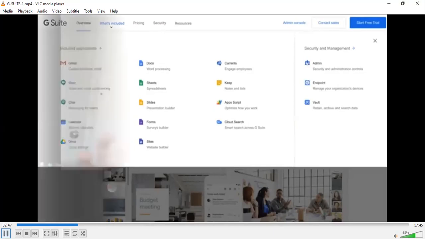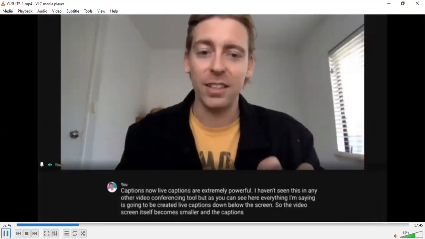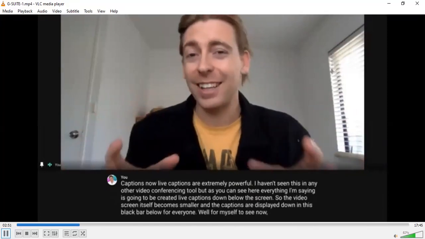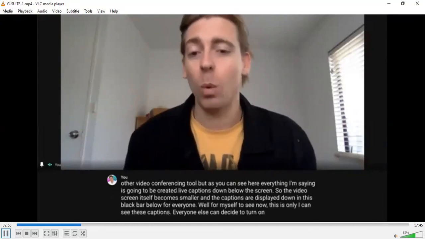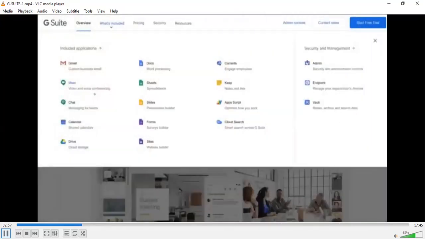Which is great for interacting with clients, interacting with your team, and it's free to use. This is a great alternative to Skype and Zoom, and that comes with G Suite. It also comes with all Gmail users, and even those that don't have a Gmail account can access Google Meet for now, as one of the initiatives that Google has pushed to help support local and small businesses.